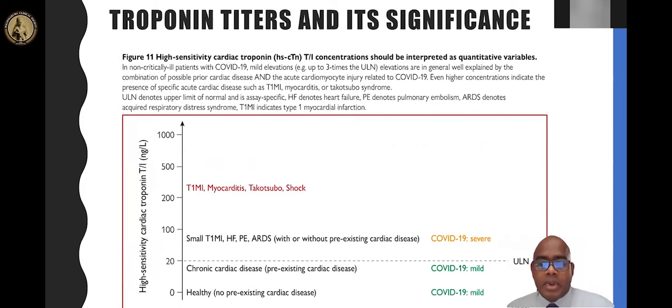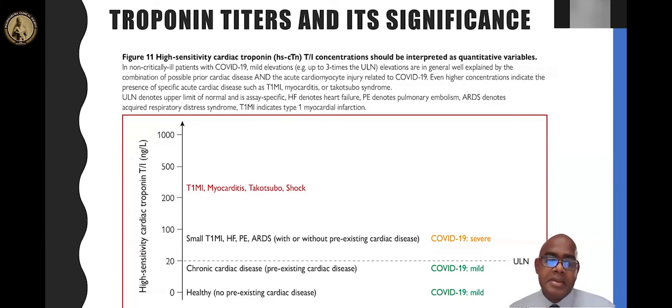Now, when it comes to the upper limit of normal, 20 nanograms per liter is taken as a cutoff in the recent ESC guidance statement. Up to that, we could consider it as healthy, or maybe a mild troponin rise due to pre-existing cardiac conditions. But when it reaches around 100, a small myocardial infarction, heart failure, pulmonary embolism or ARDS could be